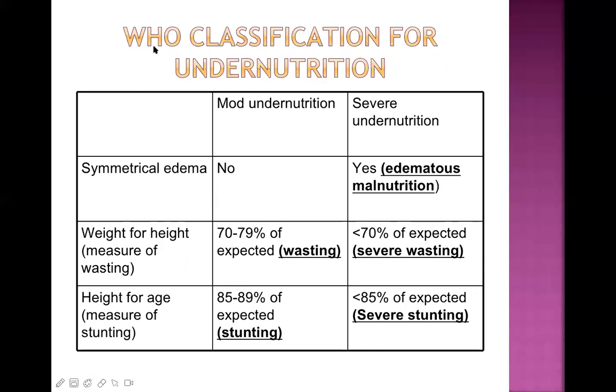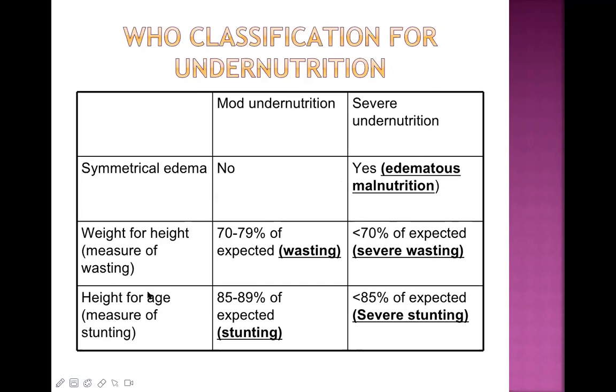So this is the World Health Organization classification for undernutrition. See here, moderate undernutrition and severe undernutrition. If symmetrical edema is present or not: it is usually not present in moderate but present in severe. And this is important now. Weight for height is the measure of wasting. 70 to 79% of the expected is simply called wasting,